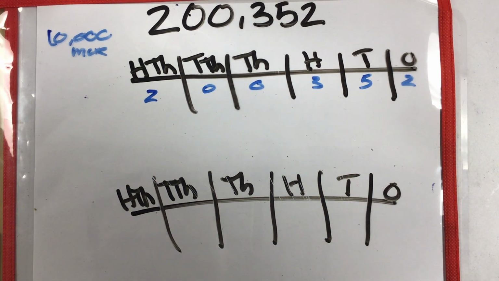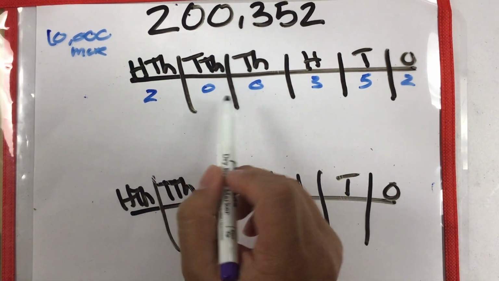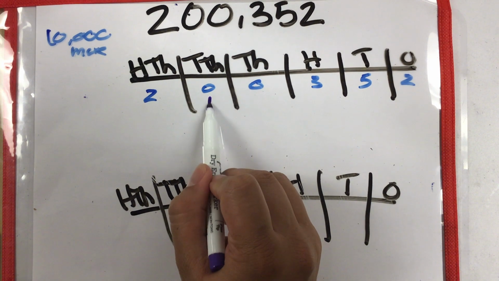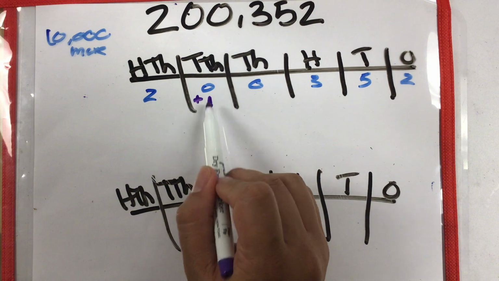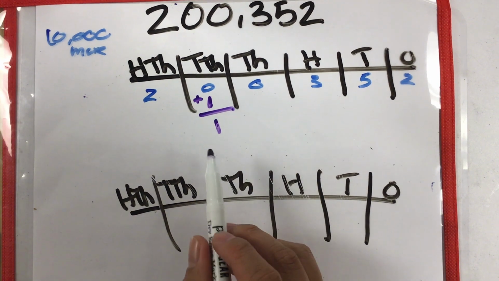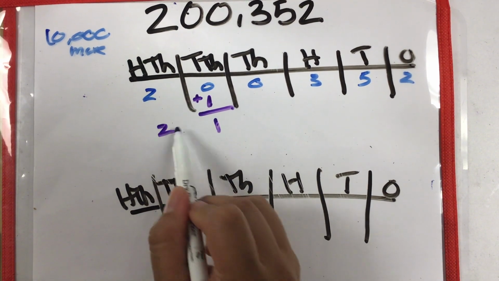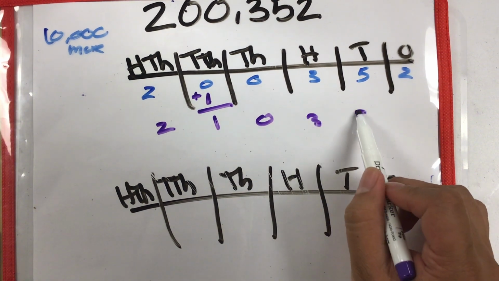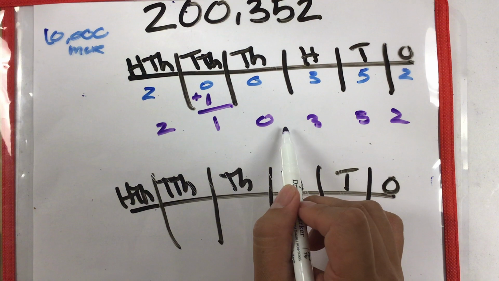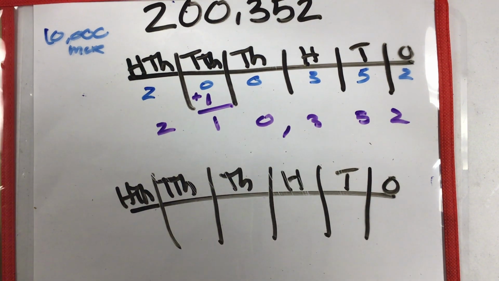All right, so when we're looking at 10,000 more, we know that we need to add one more unit to our 10,000s. So we're going to do plus 1, and that's a 1 down there. And we did not change our 100,000, or our thousands, our hundreds, our tens, or our ones. So 10,000 more than 200,352 is